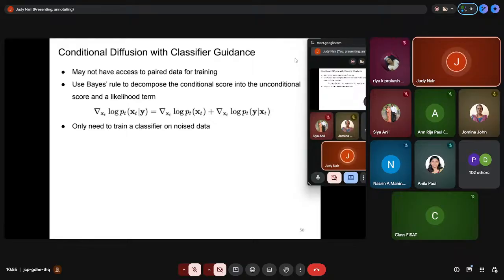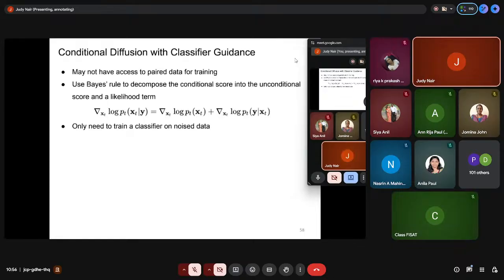So this was initially done. It gives more accurate results, but it takes more time, because we are going to use the gradient from the classifier. As we said earlier, delta X would be calculated from the gradient of a classifier also, rather than only the noise that we calculated and added. Instead of that, you will use a classifier to say whether it is a desired class or not. And then the gradient of the classifier is used for your diffusion process.